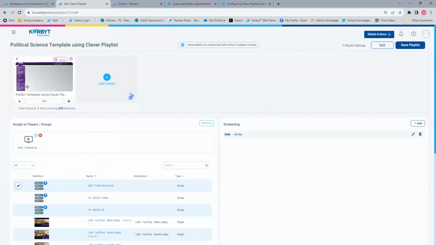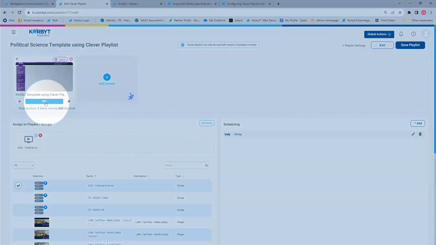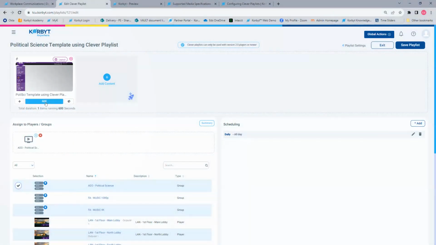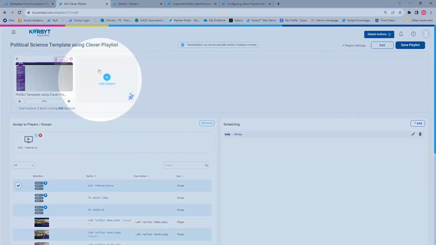You want to be careful using it this way, though, because I will say, while 600 seconds sounds like a long time, the challenge is, even if nothing else gets added here, every 600 seconds, this layout will let go of the screen and then take control of the screen again.